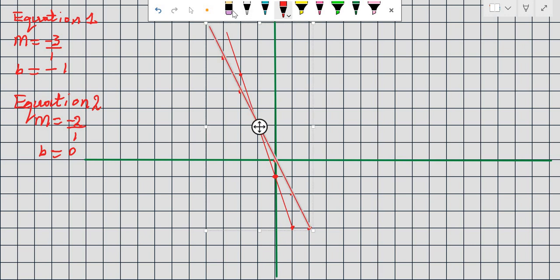Good. So we have plotted the graph of equation 1 and equation 2. Now, the solution to this question is at this point, where x is at -1. You trace it down. This is -1, and this is 2. So it means that the solution